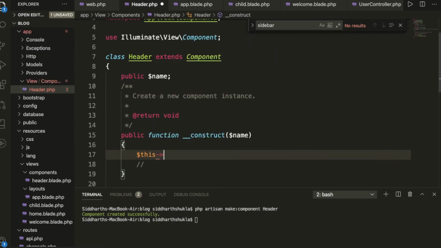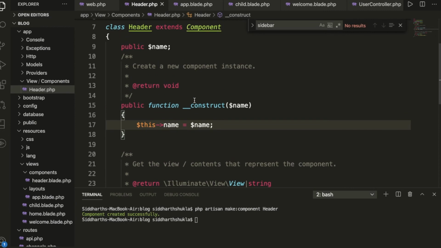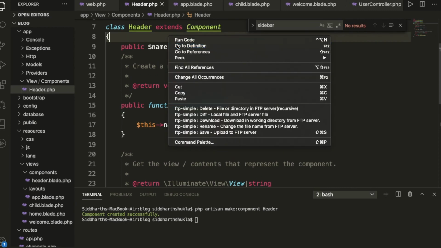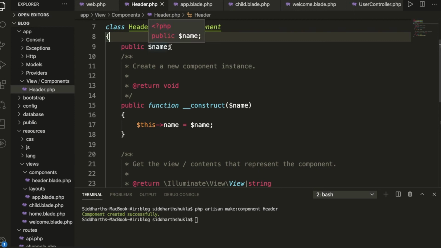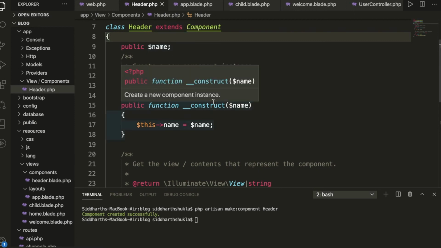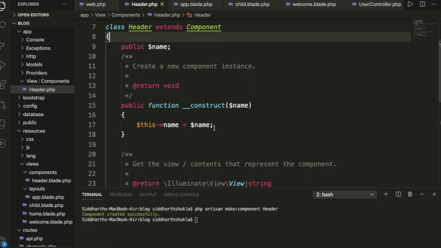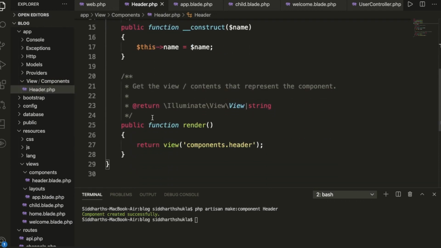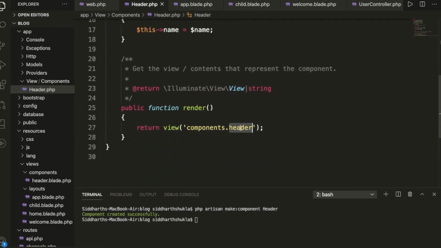Let me print that. Okay, sorry, name, and you can store the particular name sections here. So now we have added like this one. Let me remove this one. First of all, you need to create a public variable. Then you need to put it inside the constructor, where we are passing some data, and this is how we can print it. Inside the view component header.base.php, we are rendering the components header. Okay, so now we can perform this kind of operations.